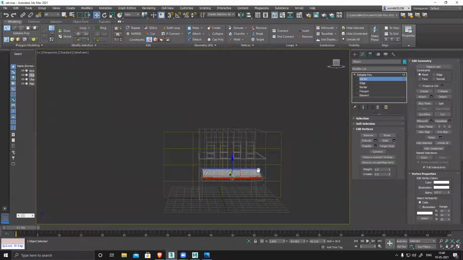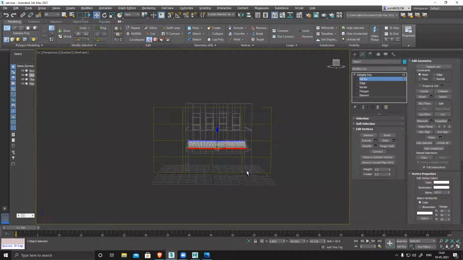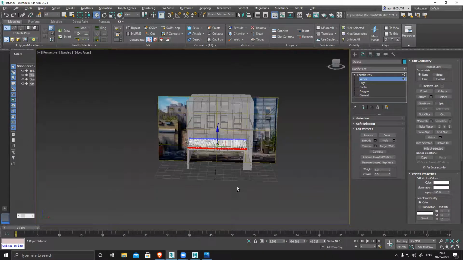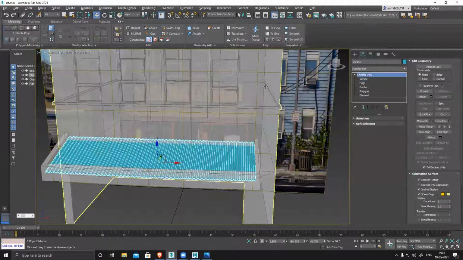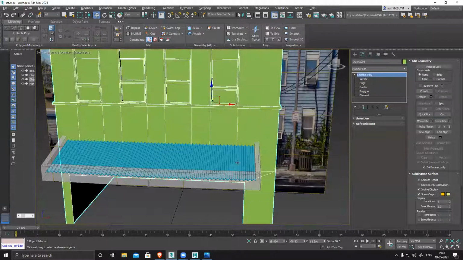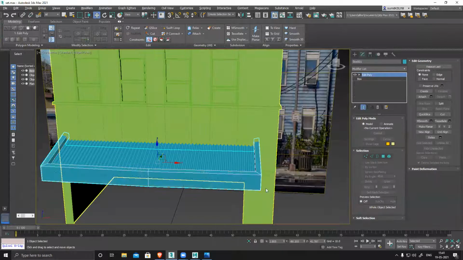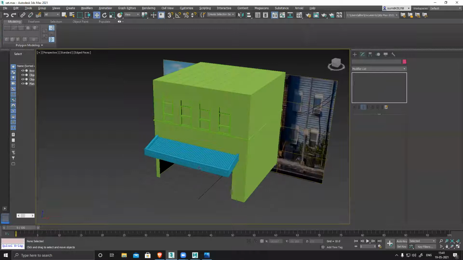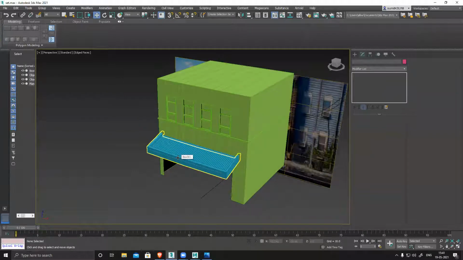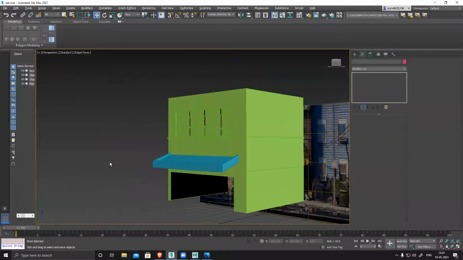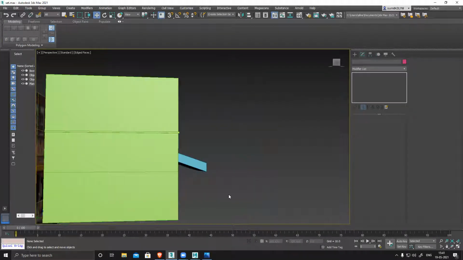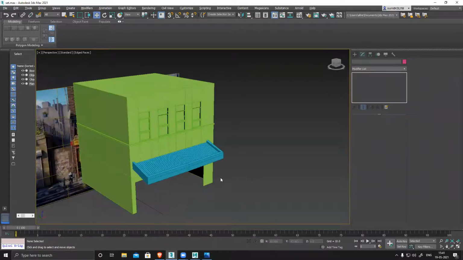Perspective. See, that basic tin shade shape is ready. So this is from the side. I don't have any side view, so I'm just using my own imagination and seeing the image, and based on that I'm creating it.